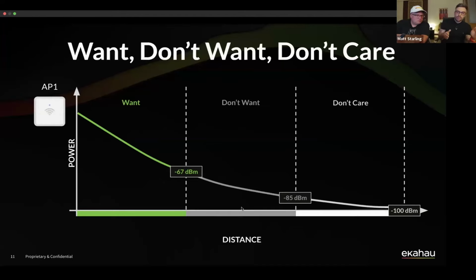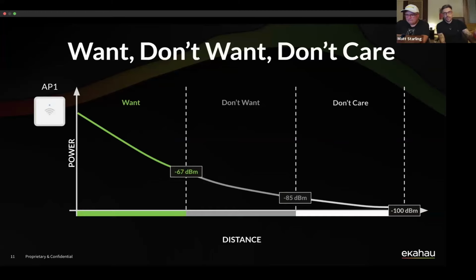Then we have this gray zone. Anything that's in between -67 dBm to -85 dBm, we don't really want to be here for a couple of reasons. The first one being if you're a client device and your signal strength is below -67 and it drops down to, let's say, -70, -75, there's a good chance that whatever you were trying to achieve on the Wi-Fi might work or it just might not be that great. You could be on a voice or a video call, it might start to get a little bit choppy. If you're trying to send or download a large file, it might take you a lot longer because you can't achieve those higher data rates.